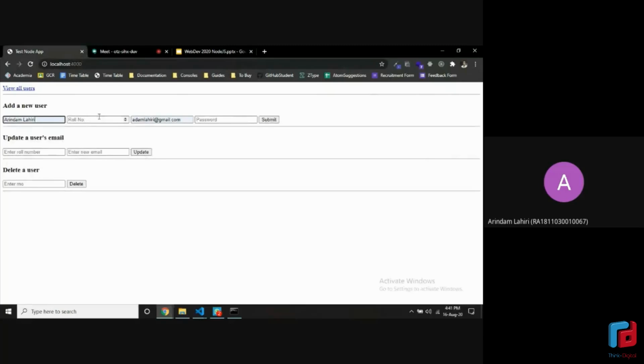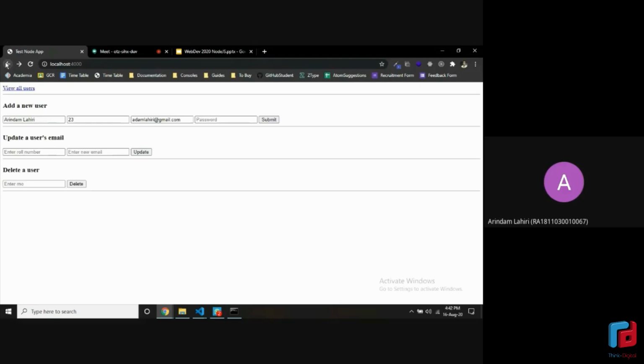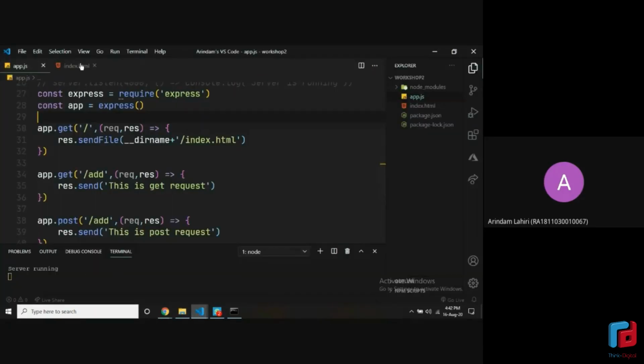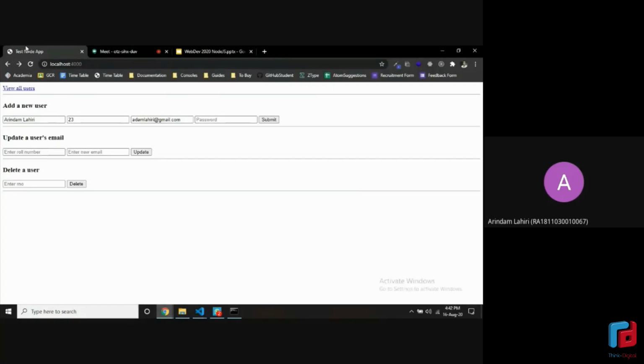So we just enter random values in this and hit submit. As you can see, it's exactly the same response as we got last time. The URL doesn't show anything and it's there. Let's just try it once more for a GET request. You don't need to try it because it will work the same for everyone. But I'm just showing you how we converted everything to Express instead of using plain Node.js.